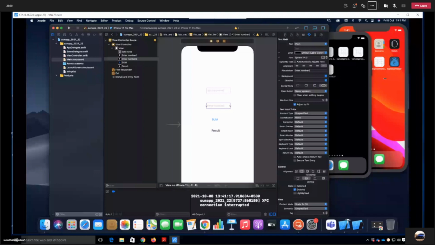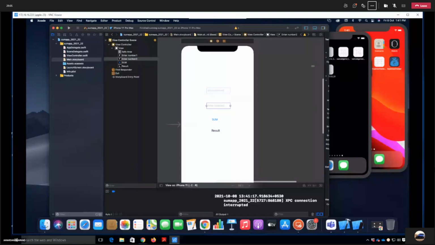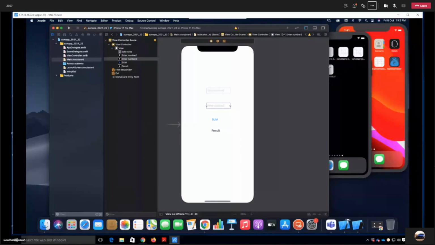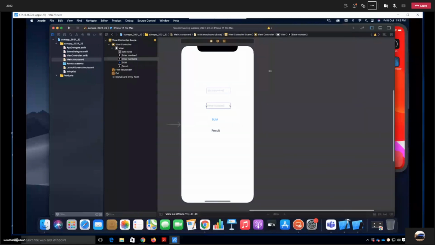Okay, so before going for the coding, we need to connect. First we need to connect all the components in our design to our code. So how you can do it, let me show you that as well. Let me remove this and let me make it bigger. Okay, so here on the right hand side, you can see some lines. It is nothing but the editor option. This area is called the editor.